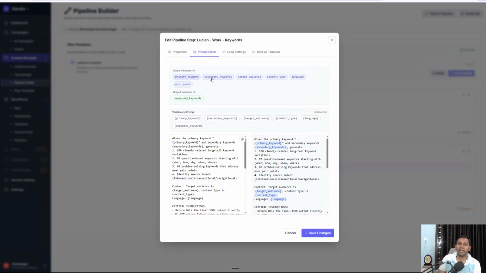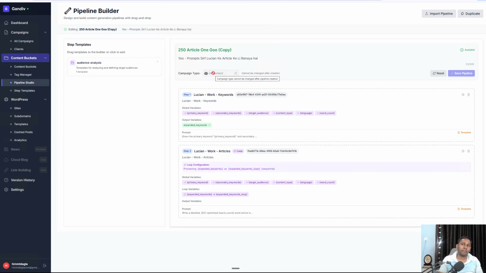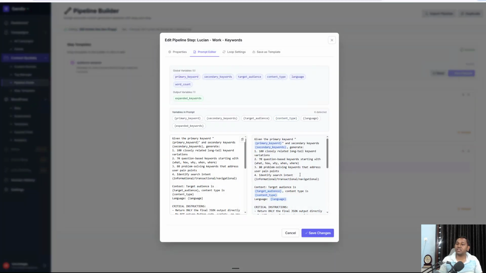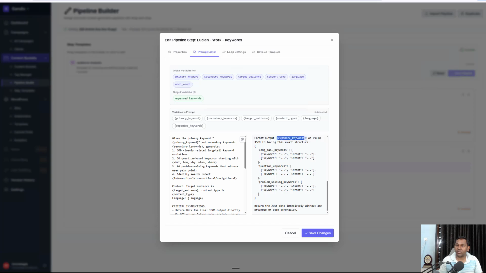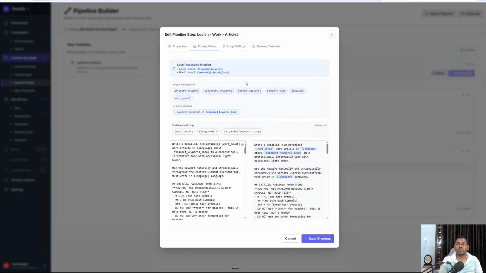And here you can see the global variables. These are primaries, and these are all the variables coming from the relevant pipeline. Relevant pipeline means this is AI content pipeline. So this AI content pipeline is attached directly to the AI content campaign type. So AI content campaign type is bringing these parameters, global variables, and these are being used in the prompt, getting generated 250 more keywords, keyword strings, and these 250 keywords getting looped into 250 articles,